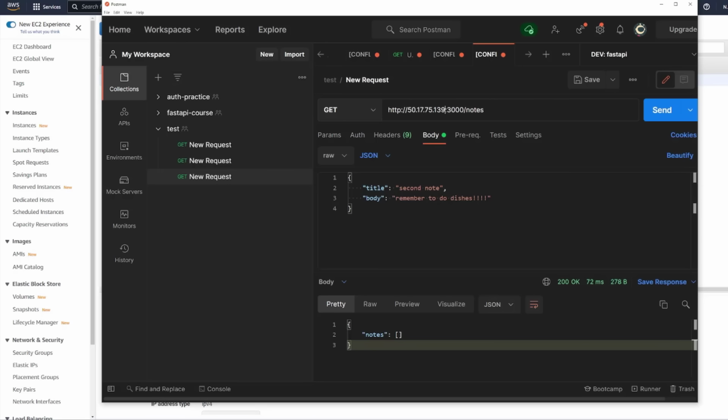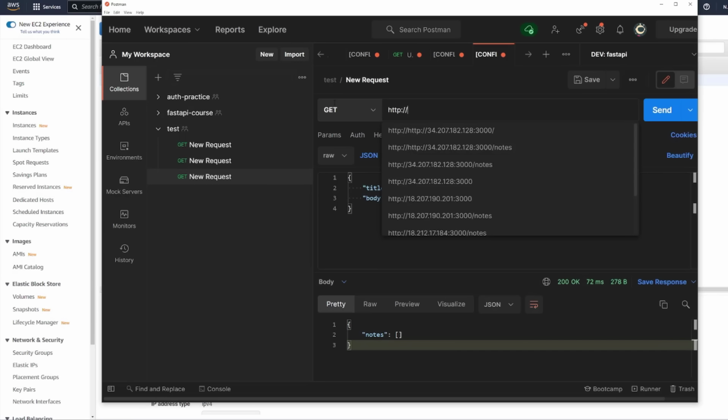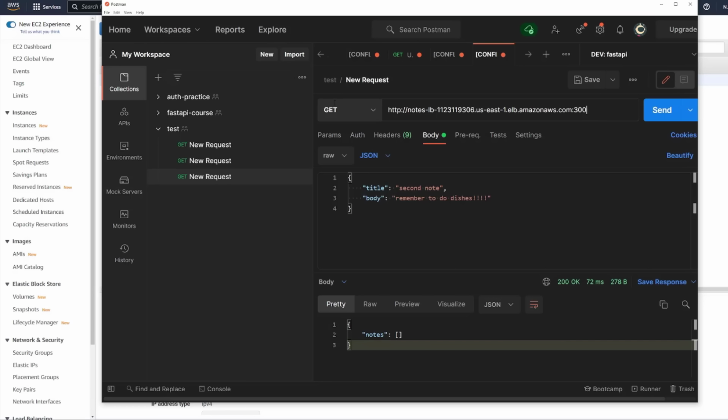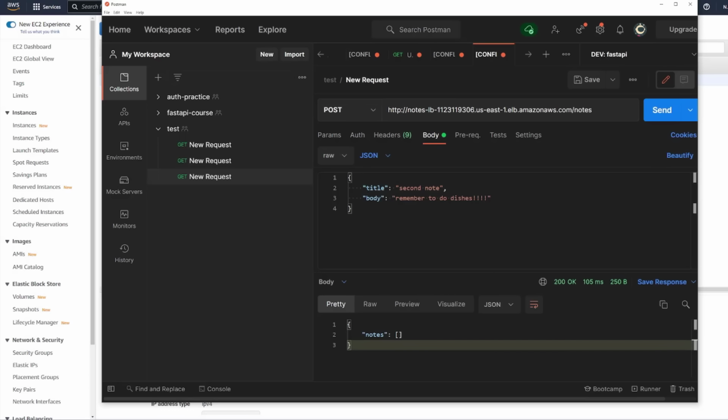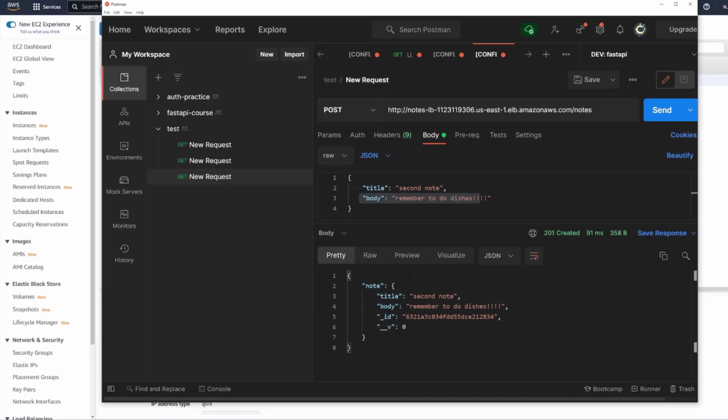So I could just replace this. And remember, I no longer need port 3000 because our load balancer expects it on port 80, which is the default HTTP port. So I could just remove that and just say /notes. If I hit send, we can see I get an empty result. Now let's try sending a POST request. In the body, I'm going to add some JSON, including a title and a body. If I hit send, we can see that I get a response back. Now if I do a GET request, I should see my one individual note. So we have successfully deployed our application